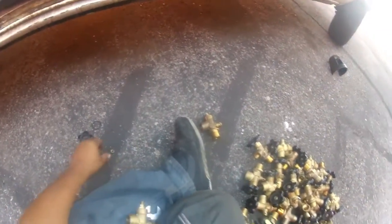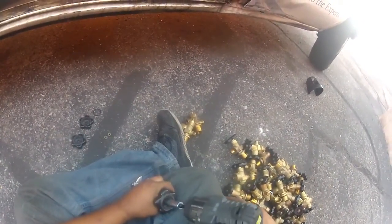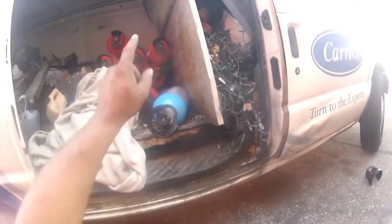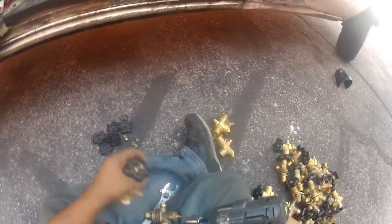A lot of these are not going to have O-rings on them because I already took them off, or they were stuck in the canisters themselves, and I took them off that way. But yeah, it's